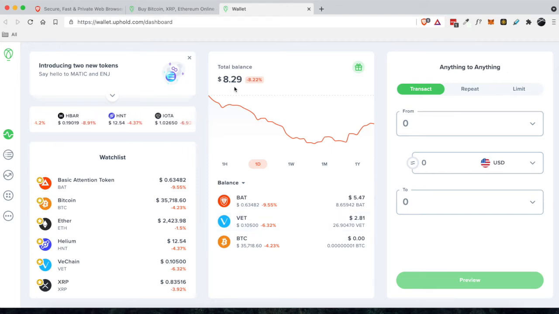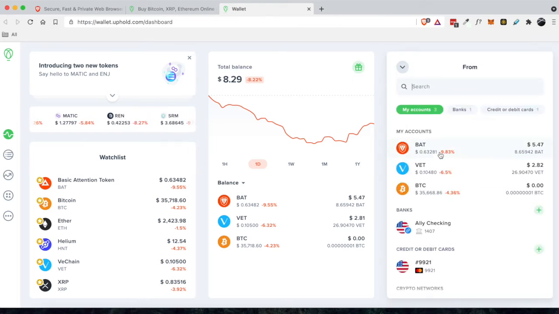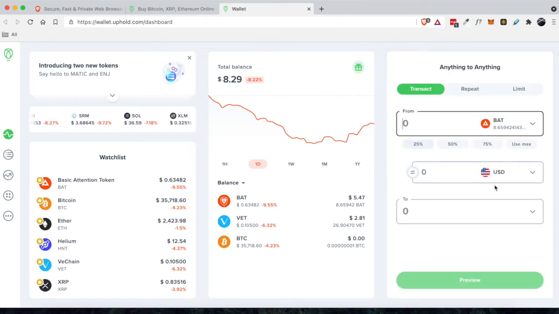So in today's video, I'm going to take my current balance of BAT and I'm going to convert it to VET because I really do believe in this token and I really want to show you guys exactly how to do that. So we're going to go right over here to the Transact tab. We're going to click the From, and then we're going to select BAT. So we're going to take the money from our BAT here, and we are going to convert it using USD